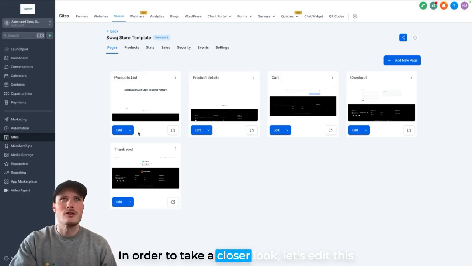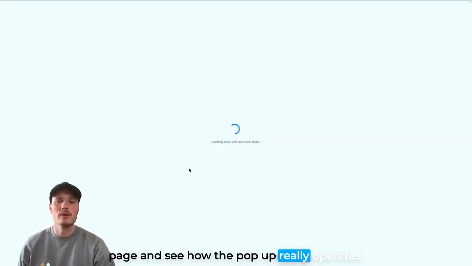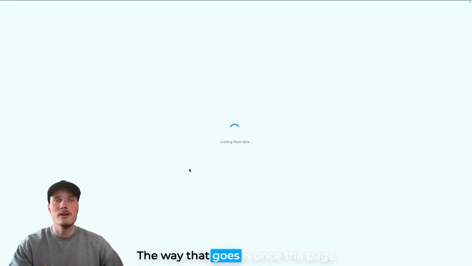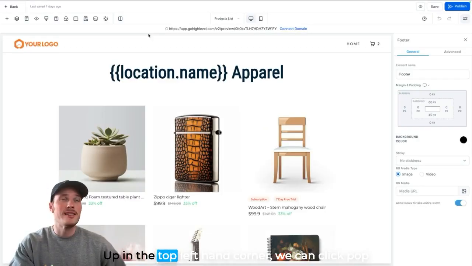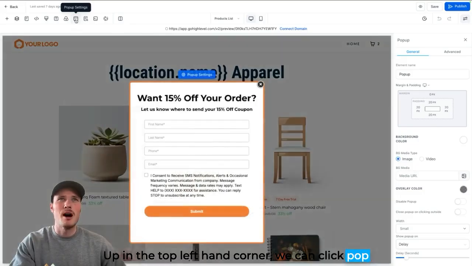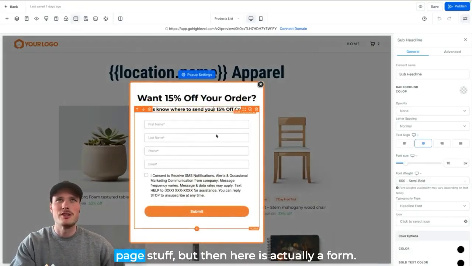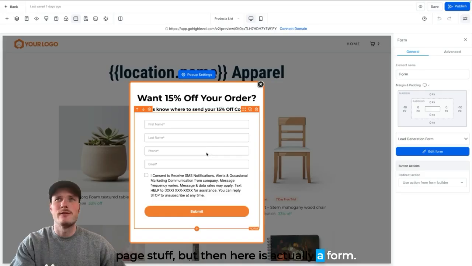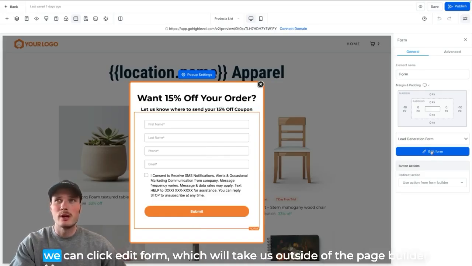In order to take a closer look, let's edit this page and see how the pop-up really operates. The way that goes is once the page loads, which will take just a second here, up in the top left-hand corner, we can click pop-up settings, and this is how that looks right here. We have elements. This is just normal page stuff, but then here is actually a form. This element is a form, and if we want to check out the form itself, we can click edit form,